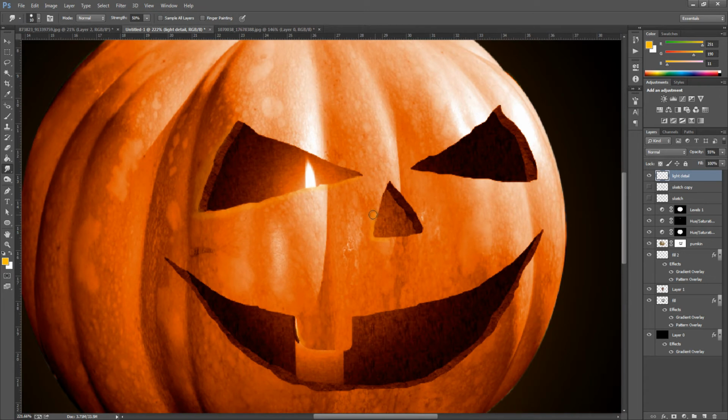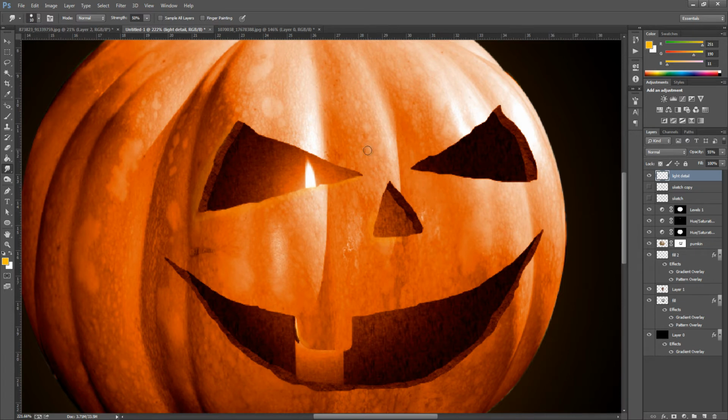So I'm just going to smudge this now, right about there, and just smudge the bit on the tooth, and just a bit more around the eye. Obviously I'm going to take my time with this because this is the important bit.